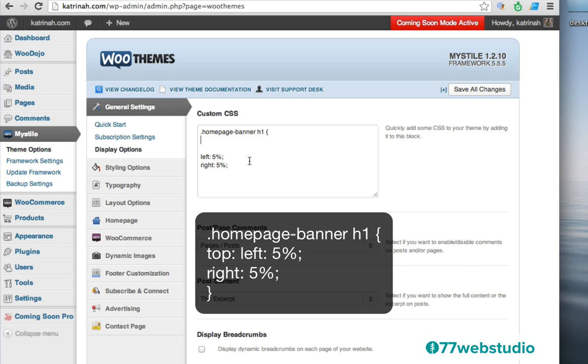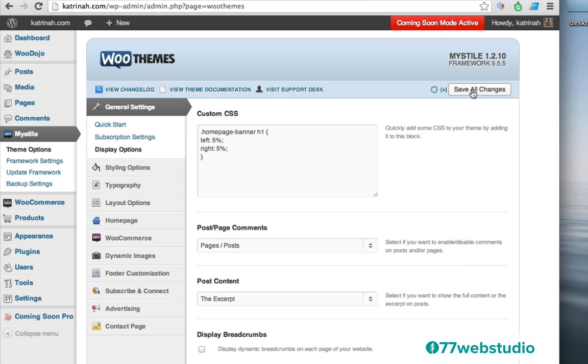This box is really only for the new changes that you're making. So I'm just going to add my changes right here, and note that there's an opening bracket right here, this kind of tilde bracket, and you need to close it with a closing tilde bracket. So that's located on the right-hand side of the keyboard, just above the return key. You need to click on the Shift key and then click on the tilde key like that to create this closing bracket. So I'm going to add this to the video, so no worries if you can't see it now. I will add this code to the video so it's easier to see. Once you have the new code there, go ahead and click on Save All Changes to save the changes.